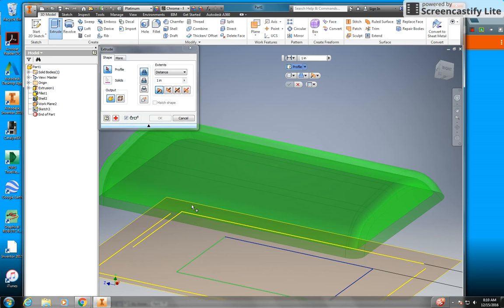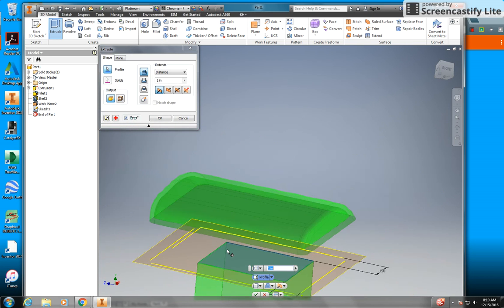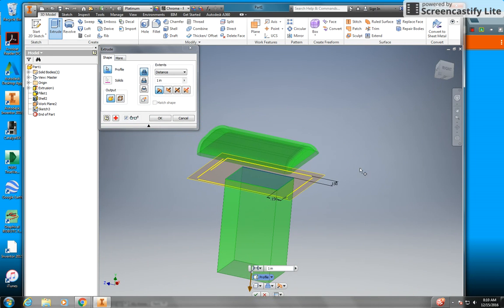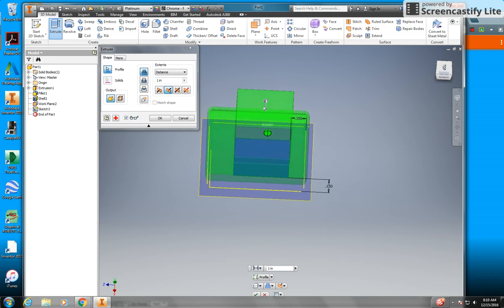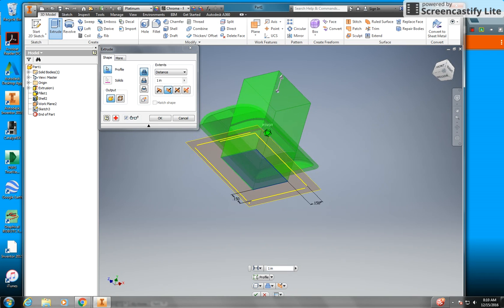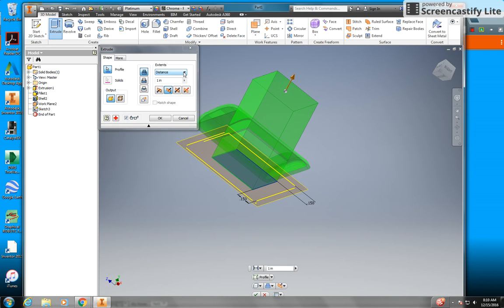And now I'm going to extrude that rectangle that I created, but you can see that this way it's extruding it downward. I don't want that. I need it to extrude upward. And you notice it just cuts right through the windshield. And that's not going to work for me. So we have a couple options. You can go extents. You can go to next, which is the one that you're going to want to use